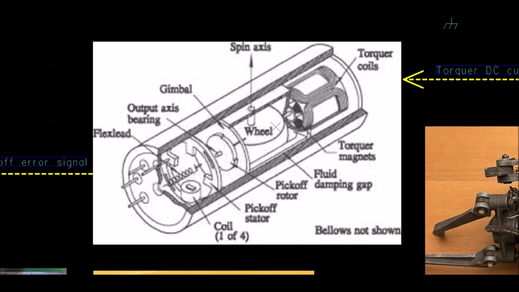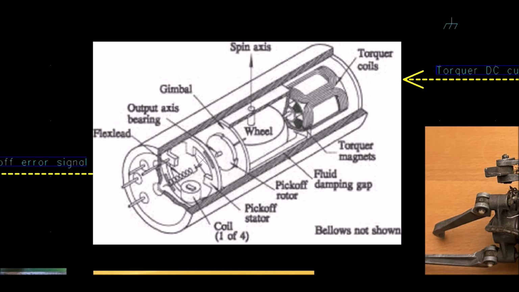So here there is an image of a classic rate gyro. So we can see here the spin axis of the gyro, on the wheel here. When there is a variation of the angle along this axis, there is actually a torque provided by the gyro along this axis. So the goal of that system is to compensate this torque using a torque motor, which is here. Okay, so there is an assembly of coils and some magnets also. So the goal is to keep the same position of the gimbal here.